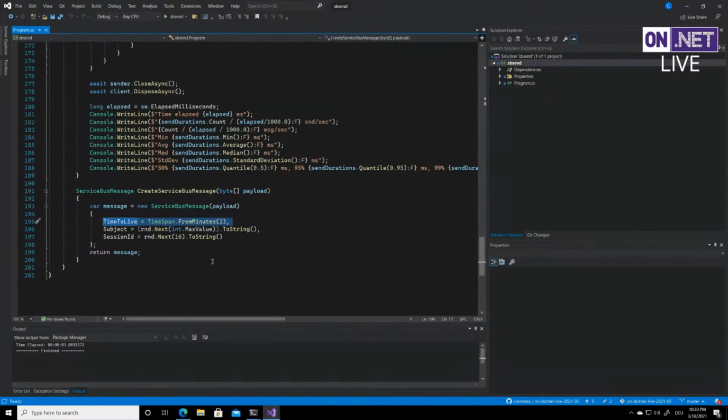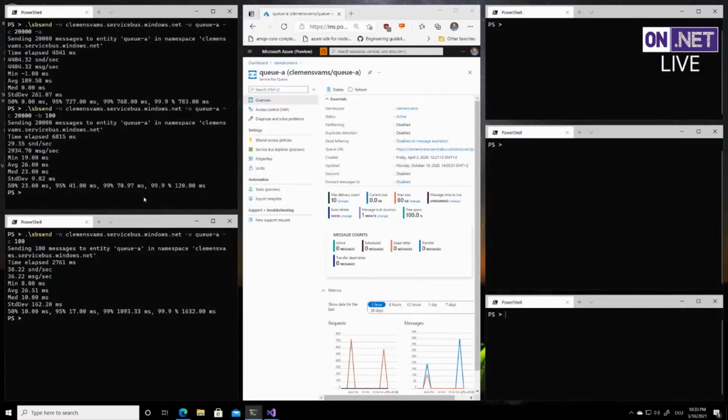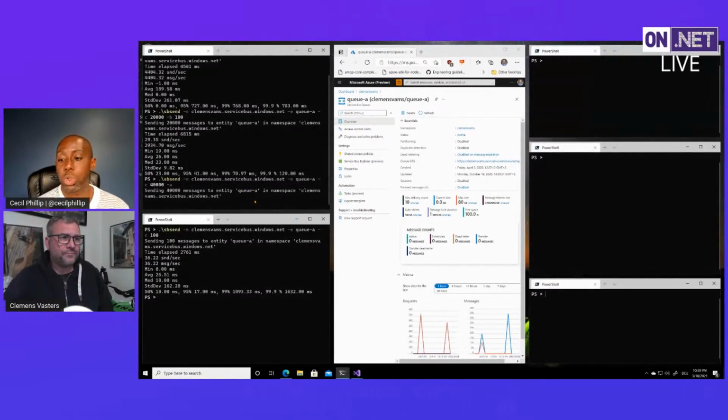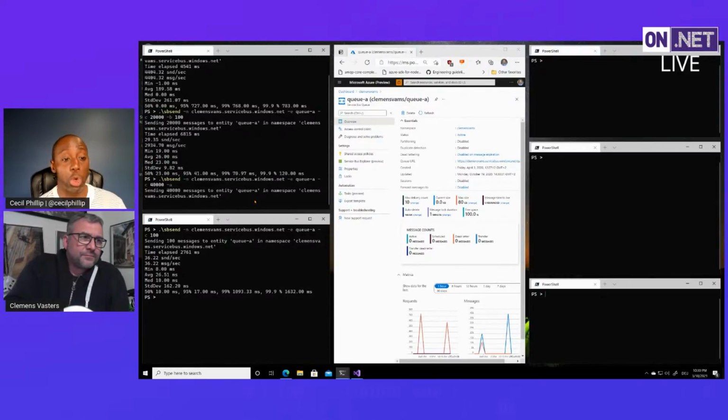So those messages we've been talking about have expired and they have now vanished, so they're no longer there. So let's go and send another 20,000 messages in here. Well, let's send 40,000 messages in here. And then also for people that are watching, because you set that time to live, those messages are